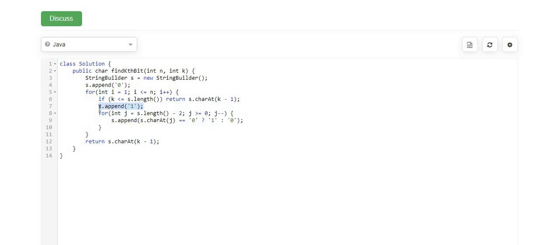So that's why the additional minus 1 is performed, making it minus 2. It will keep performing the operation until i reaches the n value, and once it does, finally I return the character at the k-1 position from my string.